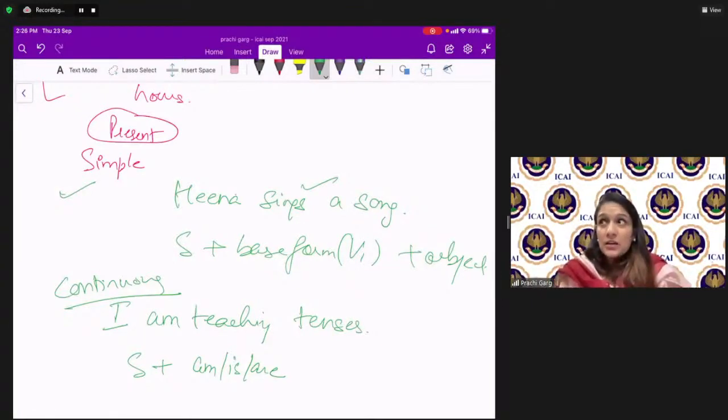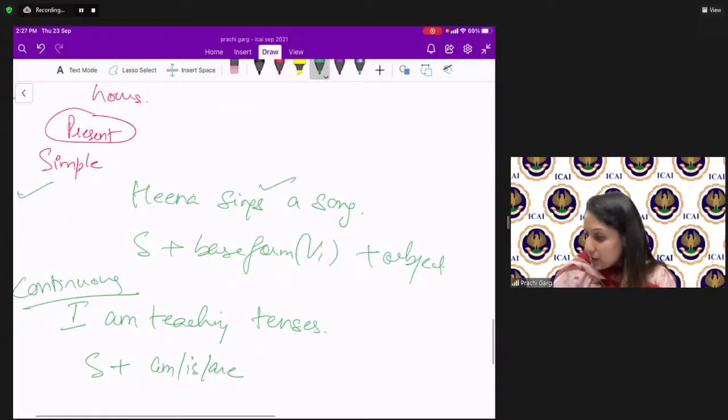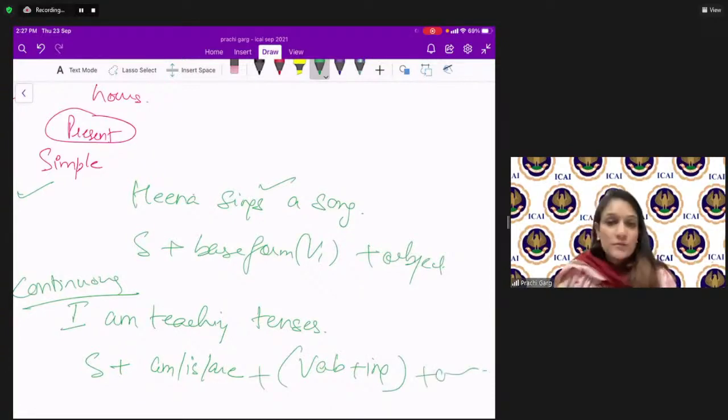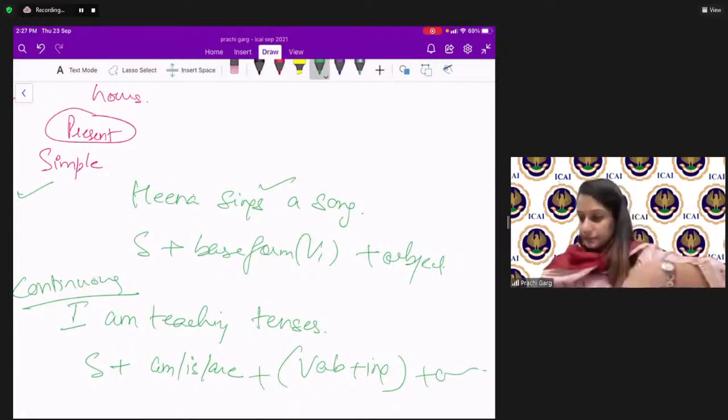And if I'm saying the students are studying tenses, so when I'm talking about you guys, so the students, I will use are for them. Okay. Yes. So, and with that, verb joined by ing, and then the rest of the sentence. Clear? Yes. This is clear. This should be clear to you guys. Okay, the next is